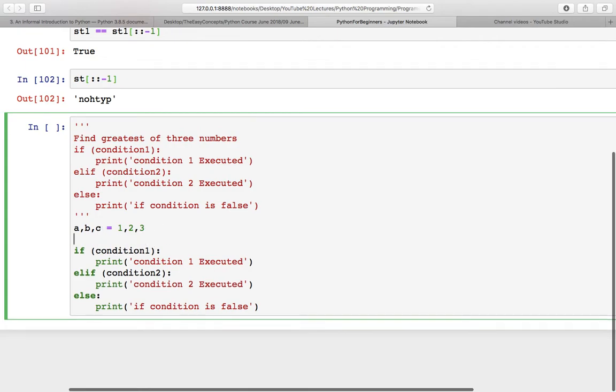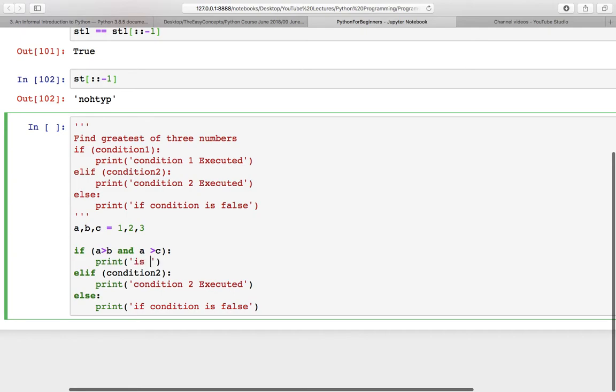We have to test whether a is greater than b and a is greater than c. In this situation a is the greatest number, right? You might have used a different symbol for and in other languages, but here in Python you have to use and like this. So in this case we are saying that a is greatest.